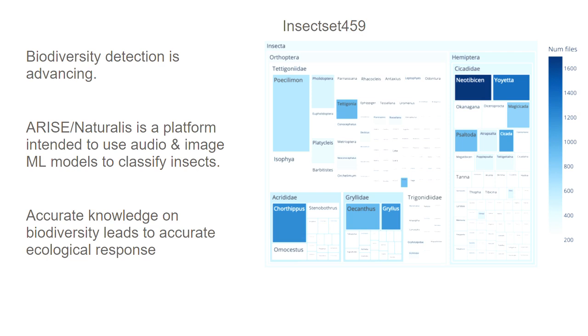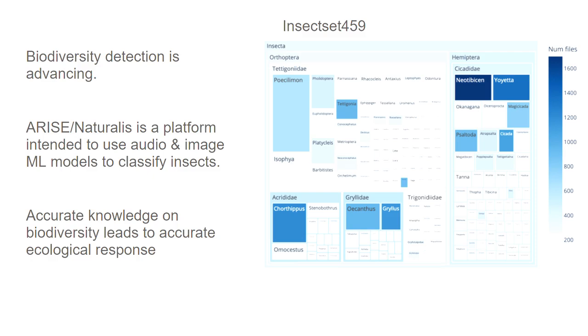Recently, Insect Set 459 has been created in an effort to increase biodiversity detection. The idea is to increase scale and decrease the amount of resources necessary to effectively detect biodiversity. This will not only be done with audio ML models, but also with image ML models. And the idea is to essentially allow for more accurate biodiversity measurements, which will therefore lead to more accurate